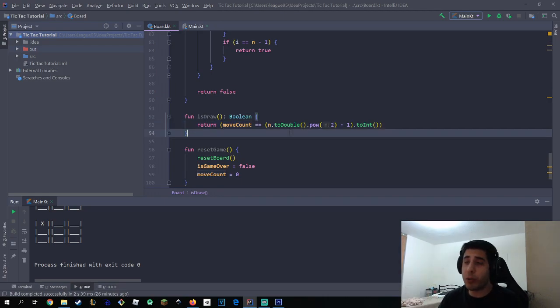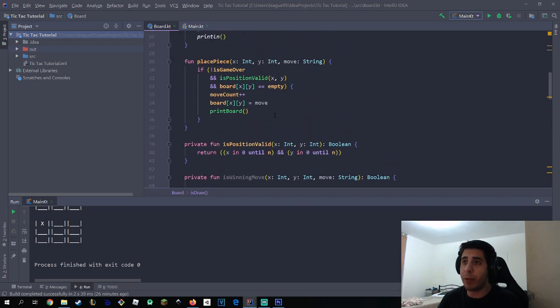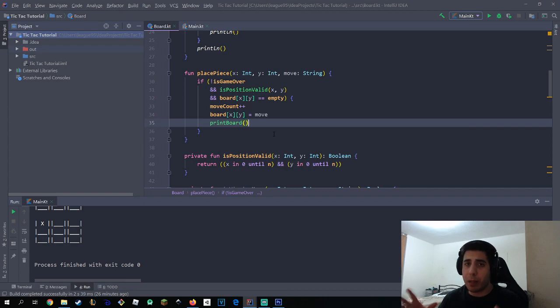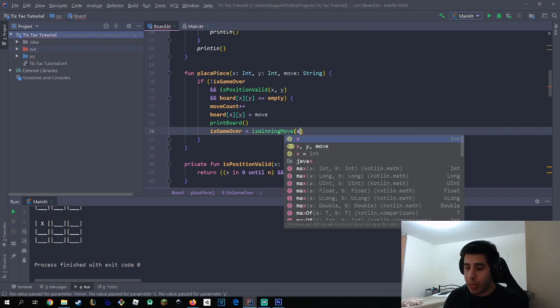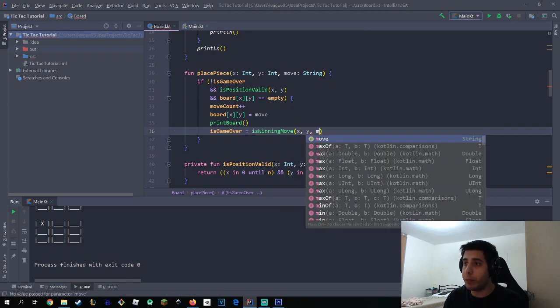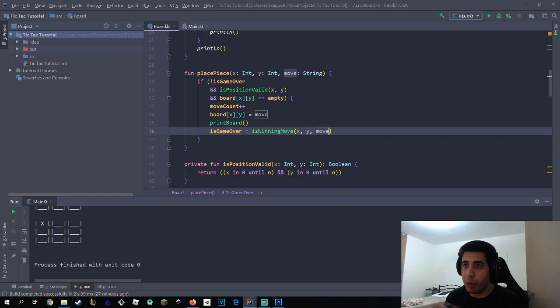Now let's go back to our place piece method right here. And I want to expand on this now that we have the logic for the winning move and a draw. So I want to say isGameOver equals isWinningMove x, y, and then move. Remember, they take the same input. So isGameOver or